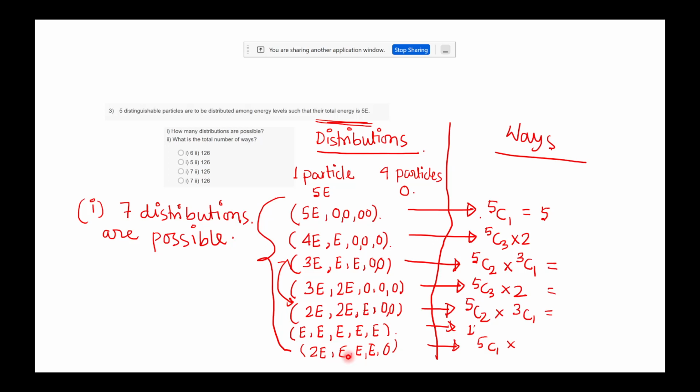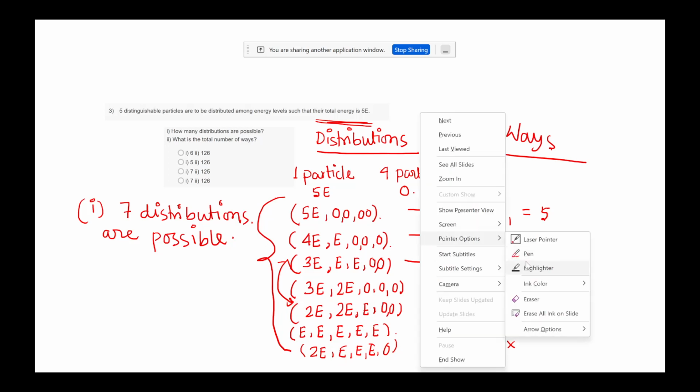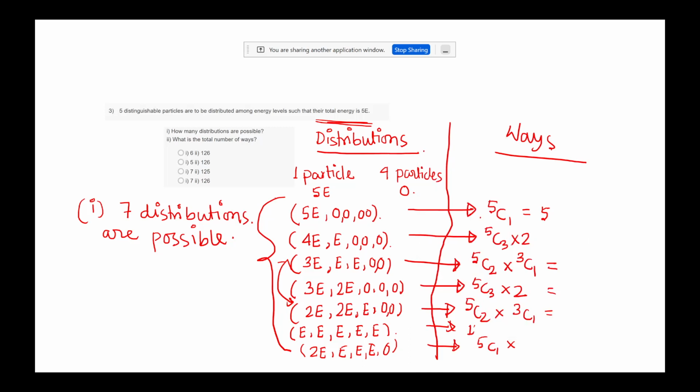We're just breaking the energy levels. So 0 will be e, 0 will be e, and 0 will be 2e, same thing, or 0 will be 3e, same thing. So this will be then